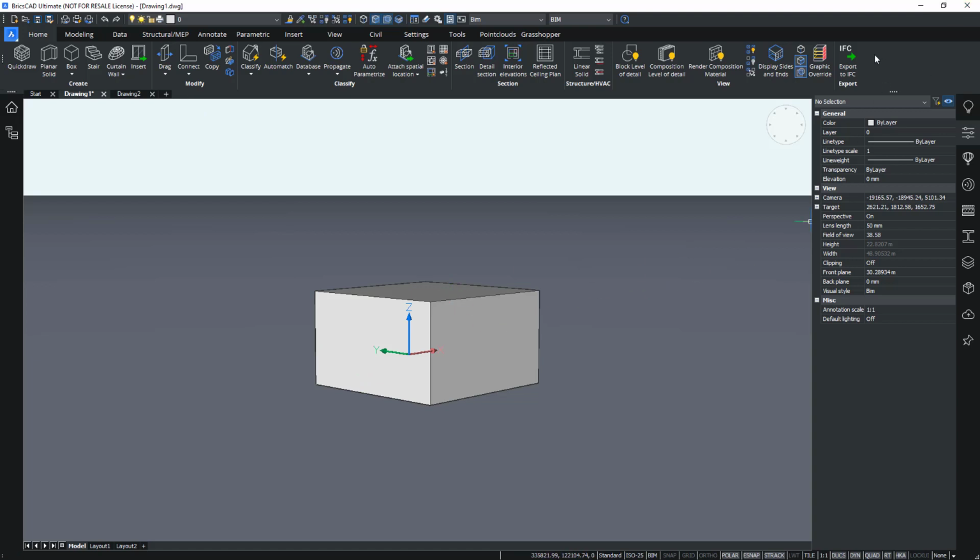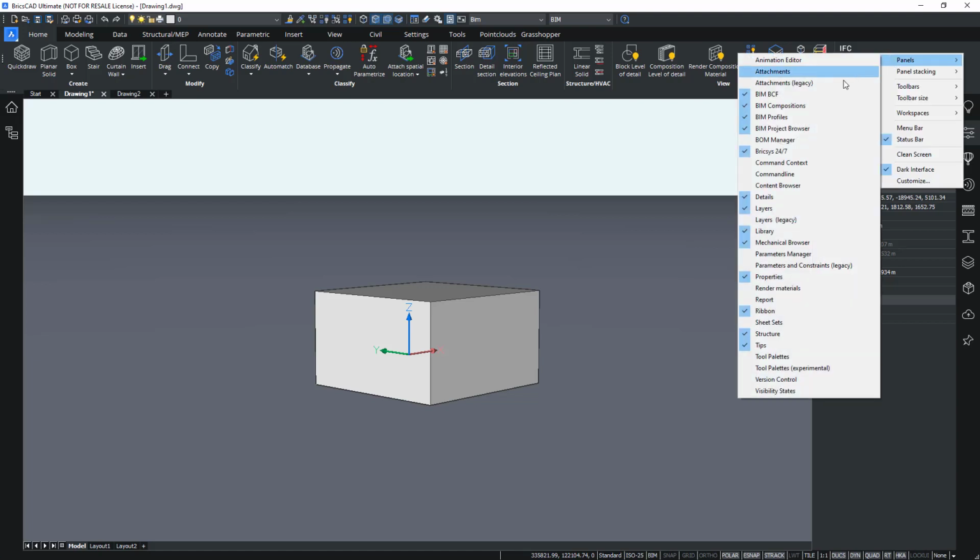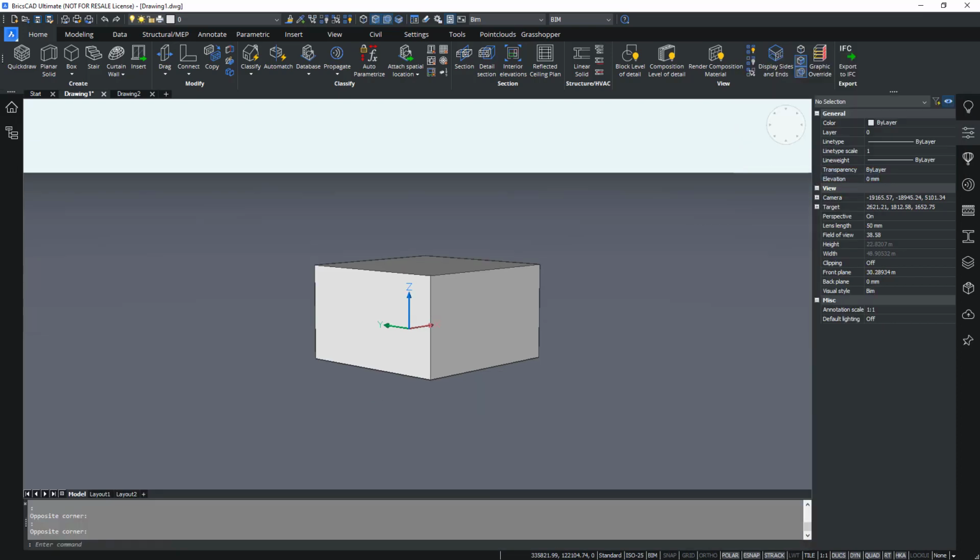Then something which is not visible now, but which is very useful, is the command line. You can right-click, go to the panels and open the command line from there. Or you can press Shift F2 to show or hide the command line. If you want to see the full prompt history, you can press F2.